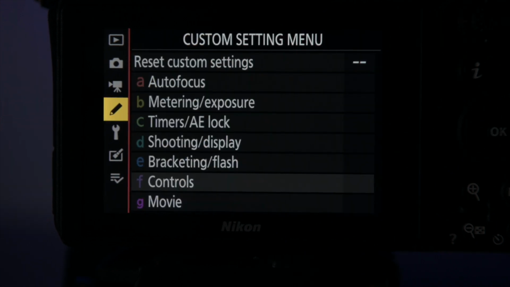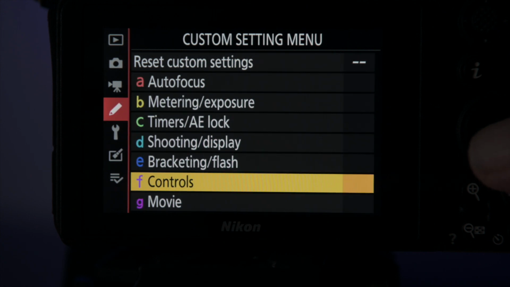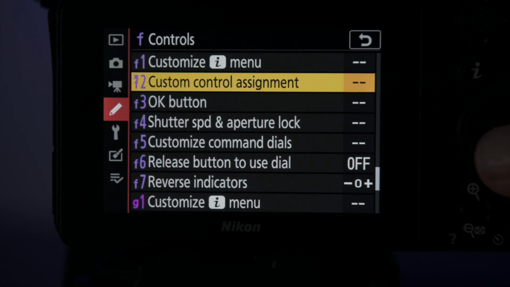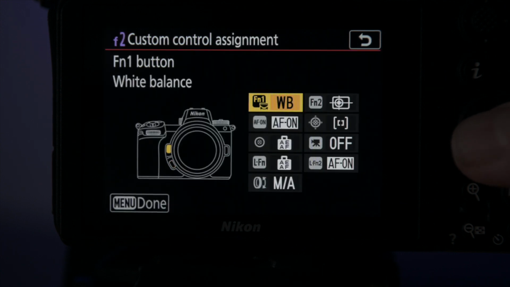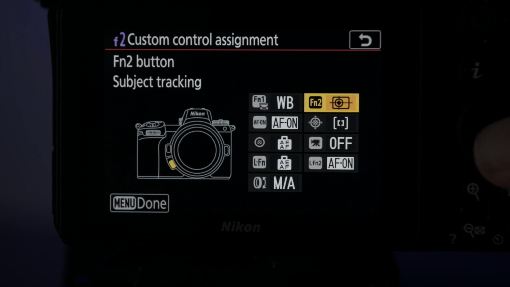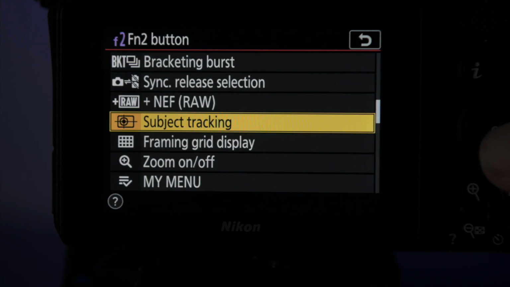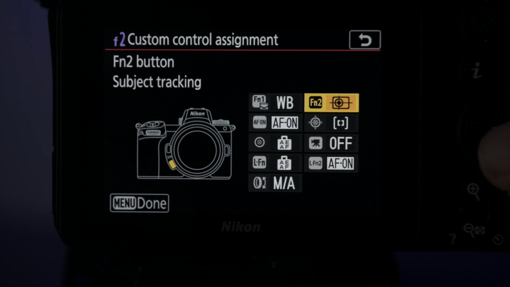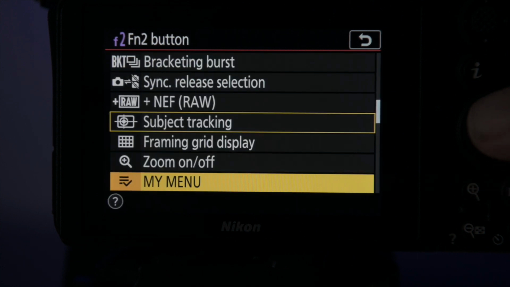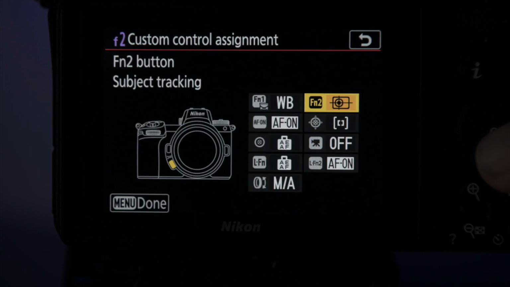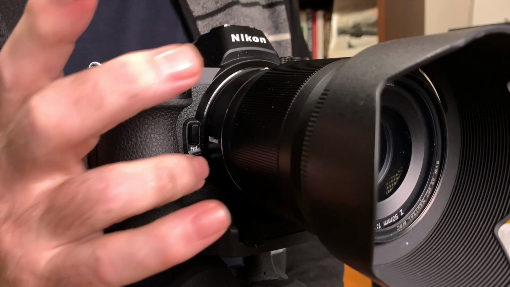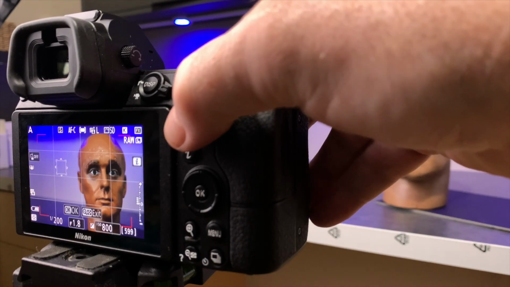Now let's assign subject tracking autofocus to one of those function buttons. So custom settings F, custom control assignment, and we click through there and you can see we've got our function button 1 and 2. I'm going to choose 2. So we click on that and you can see I've assigned it to subject tracking. We can choose from a number of different options, but again, subject tracking is what I want to map to my function button 2. Then when I hit that button, I get the tracking box, which I can then navigate